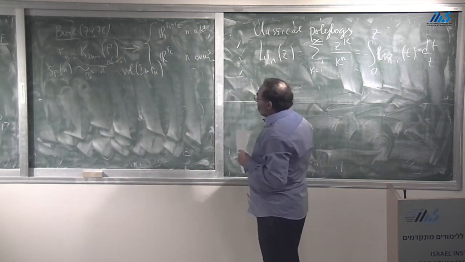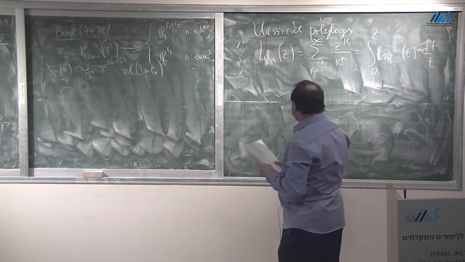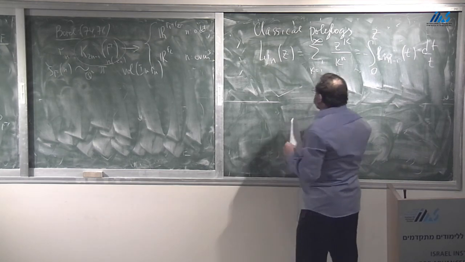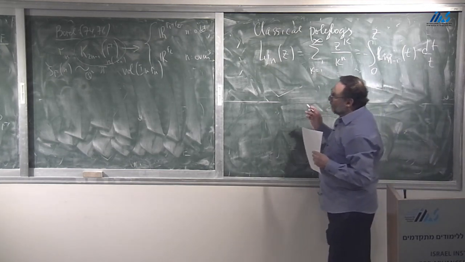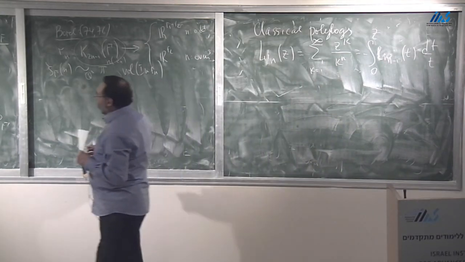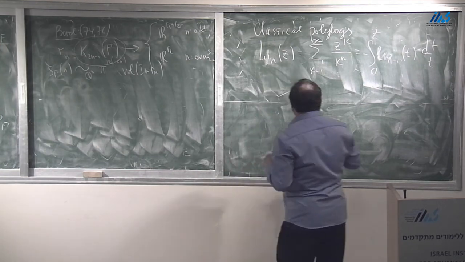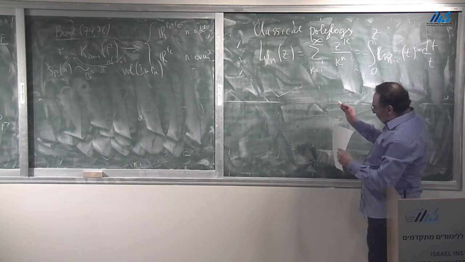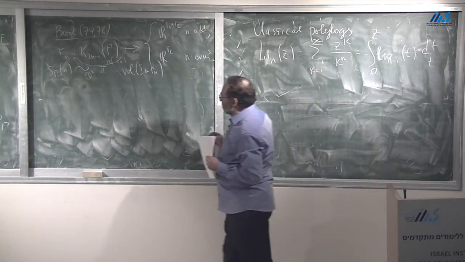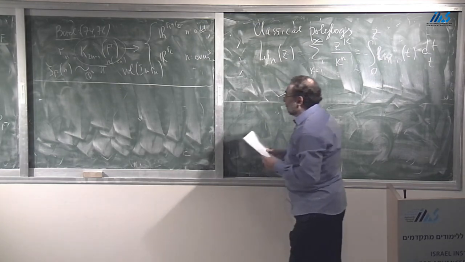And this doesn't say anything about how this map looks like. It says basically absolutely nothing about this. Now, this was the point of Zagier's conjecture, that there should be a similar result where the role of the log is played by polylog. And he had some formulation, which I'm not going to repeat. So I'm going to give you a slightly different formulation, which is a little bit more appropriate for what I want to say. And so in order to do this,